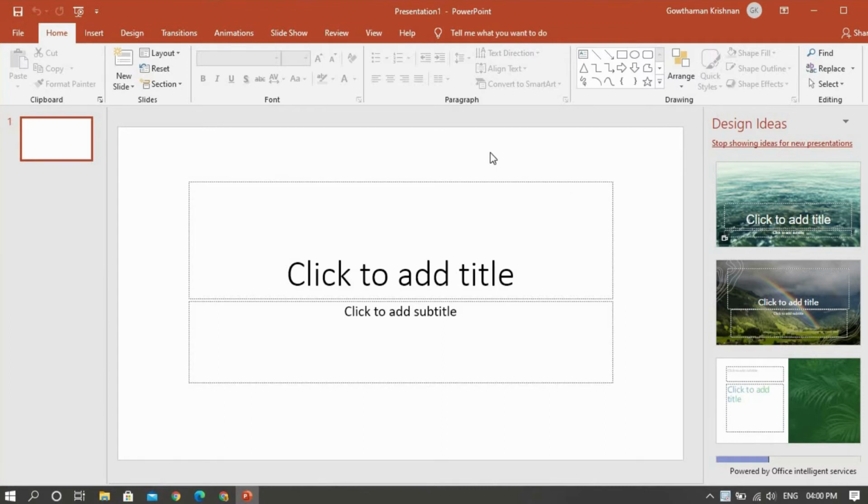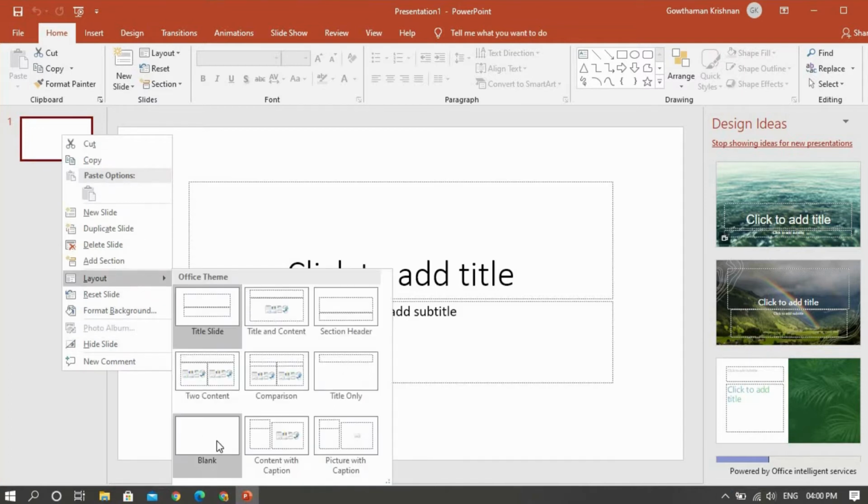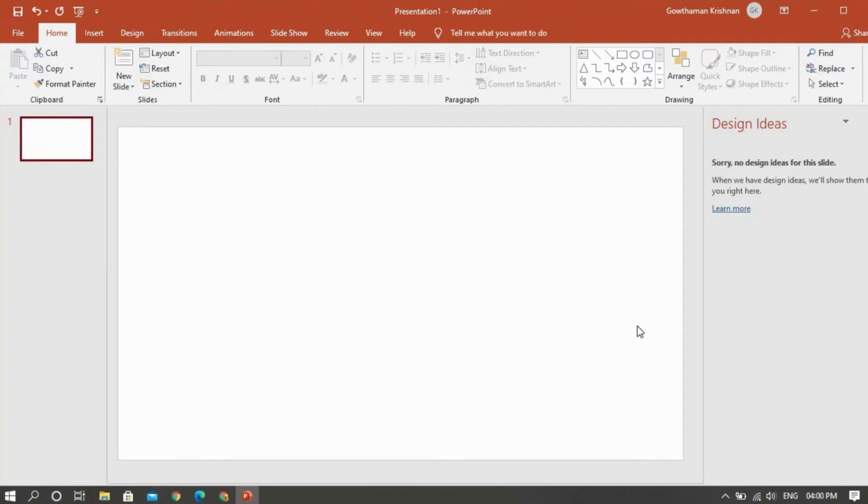So you select the layout as blank layout, so that you get a blank screen. Now you can create your own design, and the basic buttons and navigation, everything you can design using this blank screen.